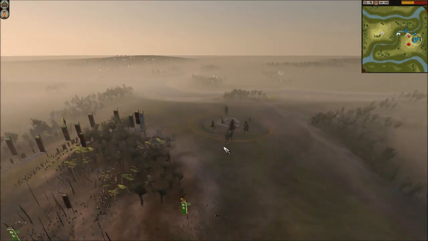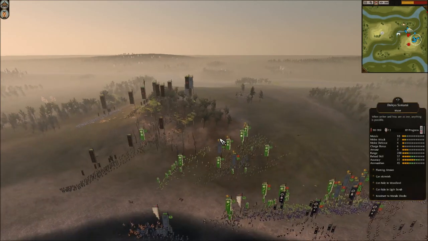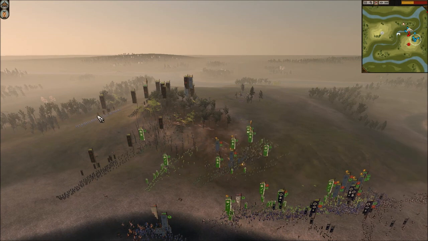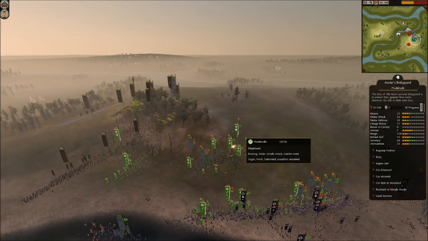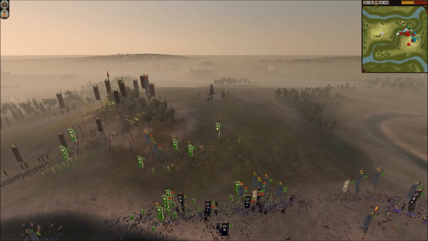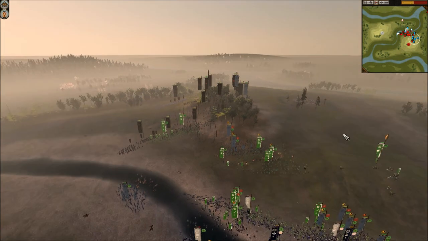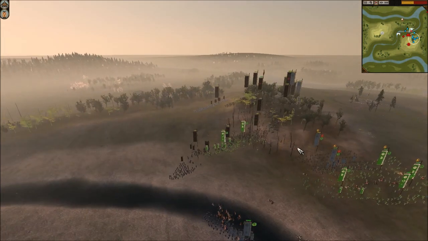In the meantime, I'm also going to want to take this morale dojo off of them because it's the last thing we want them to have. I'm also targeting Foscotushi's general with my Daikyu Samurai. That's usually why I bring those. I know it's kind of lame, but in a lot of matches it's very useful to have just a single unit of archers so you can chase the enemy general away